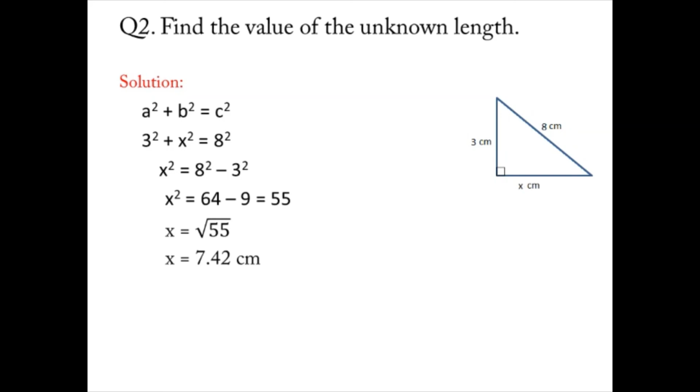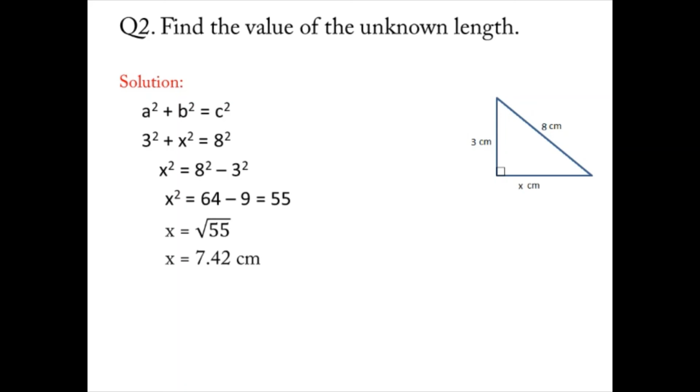And we need to find x square, so keep it on the left side. Take the known value to the right side. So 8 square minus 3 square. And usually some students make mistakes here, like 8 minus 3 is equal to 5 square. It is not correct. Okay, so you have to find them separately. 8 square is 64 and 3 square is 9.